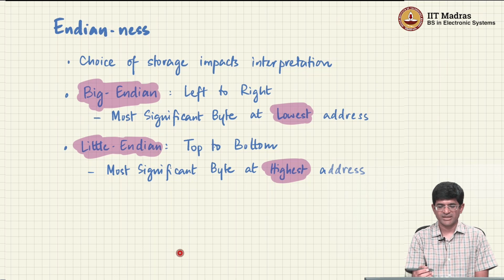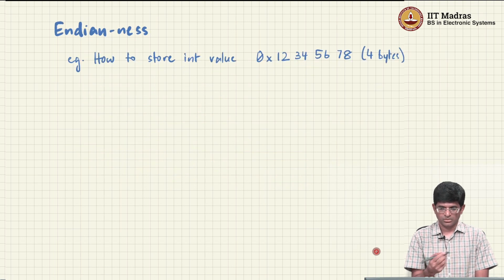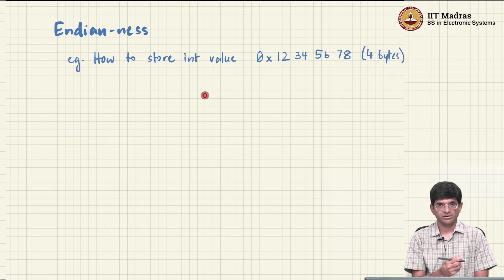Now, as you can imagine, both sides have a case to make. It is not entirely clear that one is right or the other is right, you could argue either way about it, but which one you choose finally does matter, because otherwise they can't talk to each other. So, in particular, let us take this one example which is not just 2 bytes but 4 bytes, an